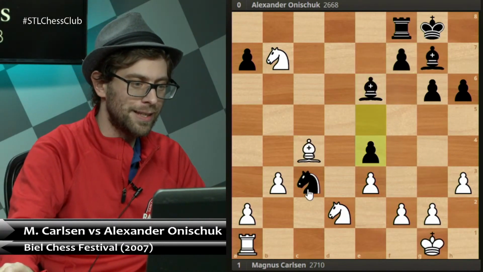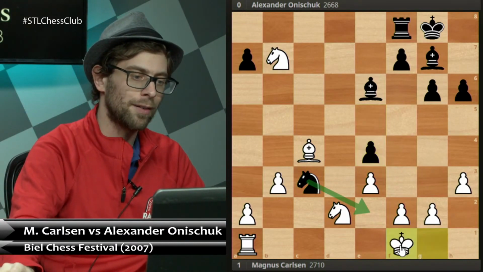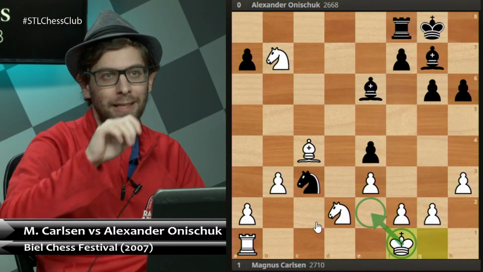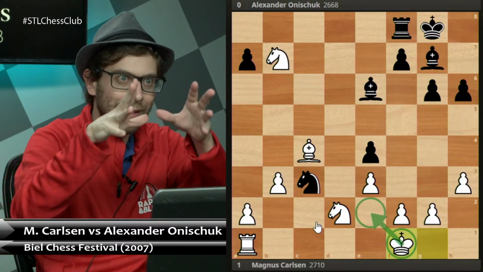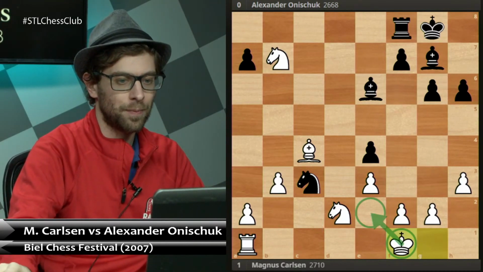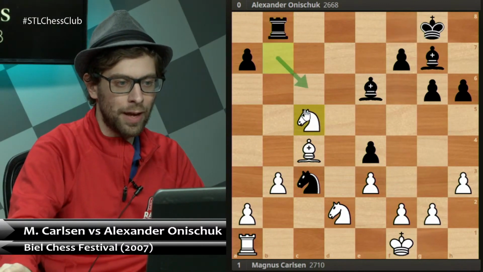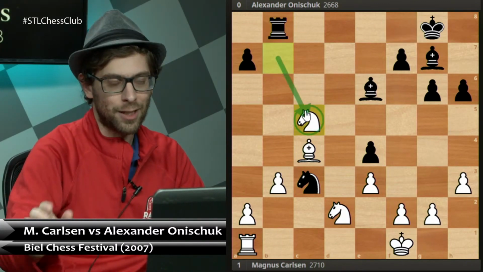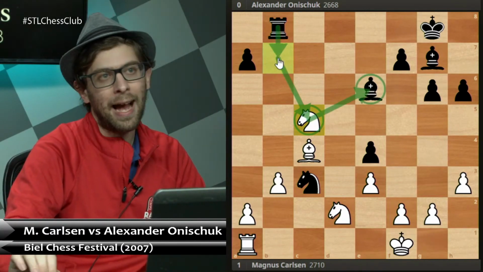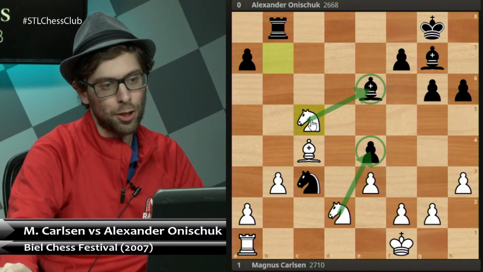So seeing these tactics coming from a mile away, he plays king f1. Not only sidestepping that trick of knight e2, also bringing in the king. So it does serve a dual purpose. Rook b8, knight c5. So every move by Carlsen has a purpose. Not only does he remove this knight from that attack, he also puts pressure on the e6 bishop and that